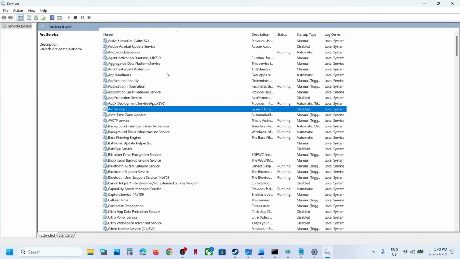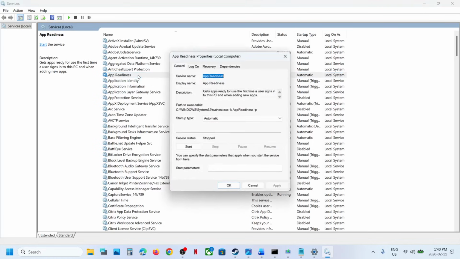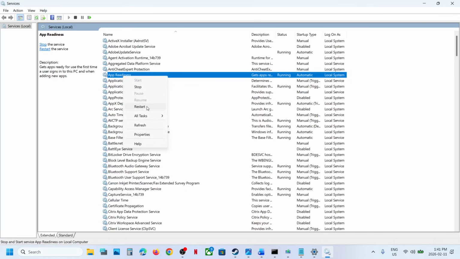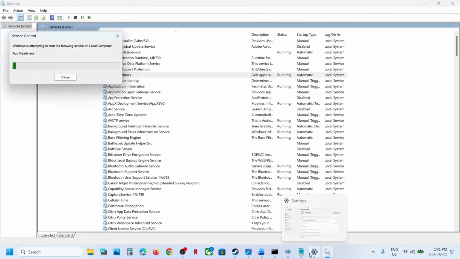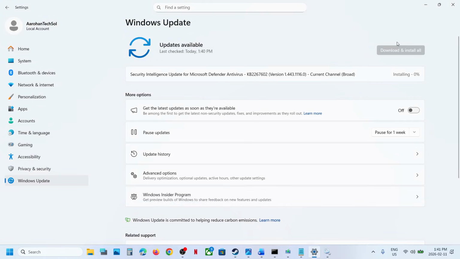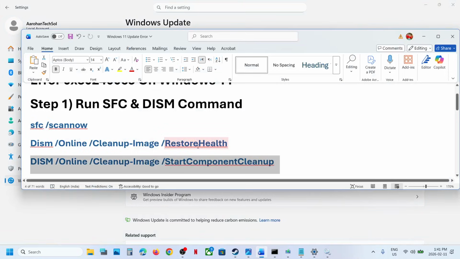Now find app readiness, make a double click on app readiness, set this to automatic, click on apply, click on start if highlighted, click on OK, make a right click and then click on restart. Now once done, go back, and if you see retry option, you can hit retry and then check. Still not working. The next step is to